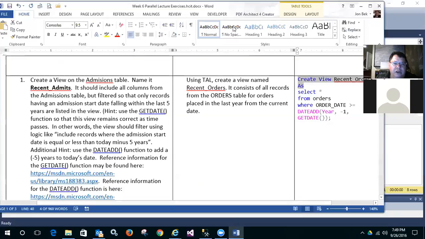Our first query is actually going to be creating a view. A view is like a materialized query that has some permanence so that we can refer and build other queries against it as if it was a table. Okay, and so what we're going to do to begin with is using the TAL database, we're going to create